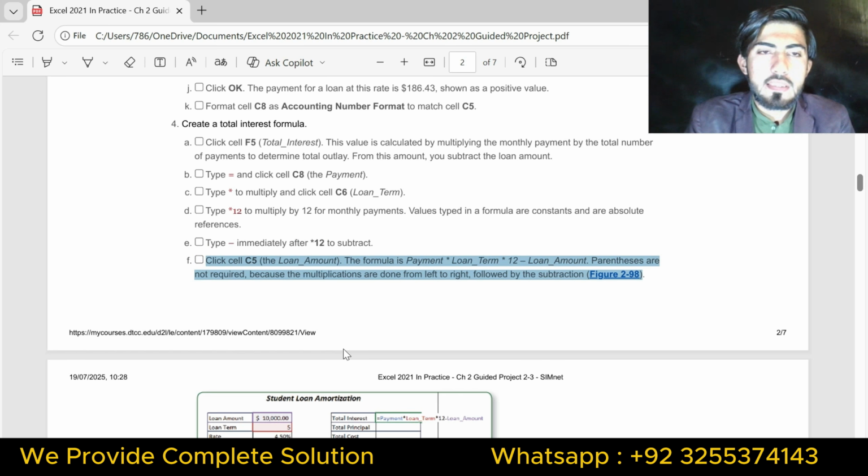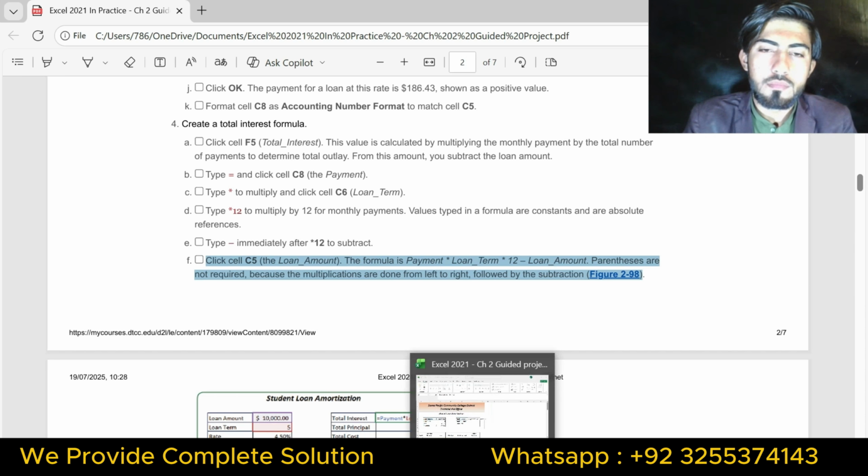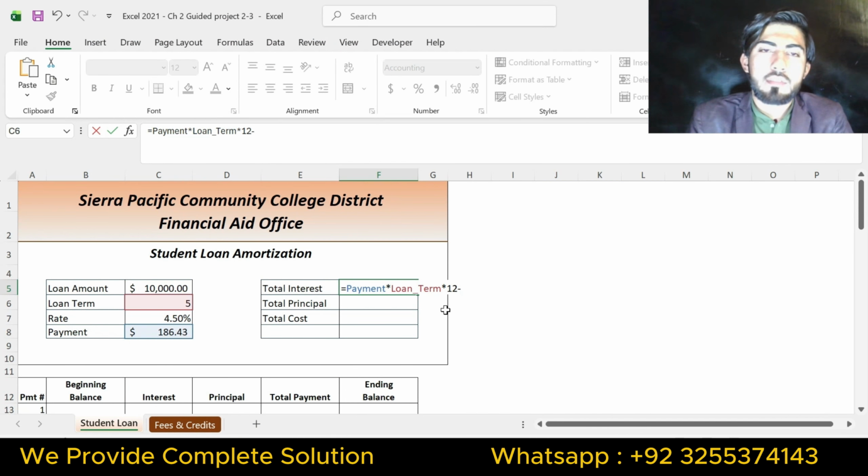So part F is click cell C5, the loan amount. The formula is payment multiply loan term multiply 12 minus loan amount. Parentheses are not required because the multiplication is done first, followed by subtraction. So go to Excel worksheet and select cell C5.